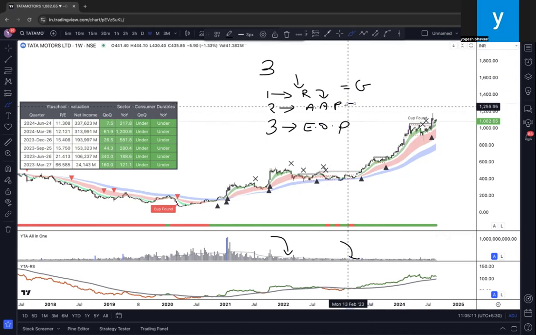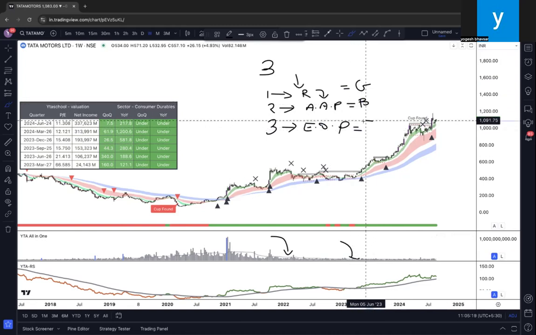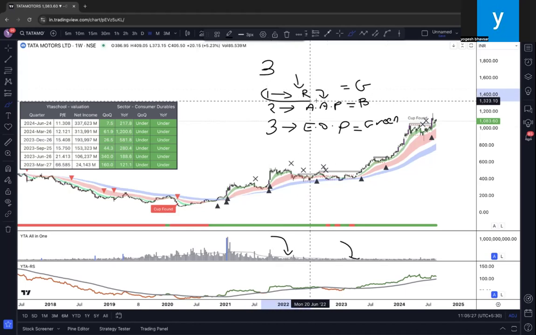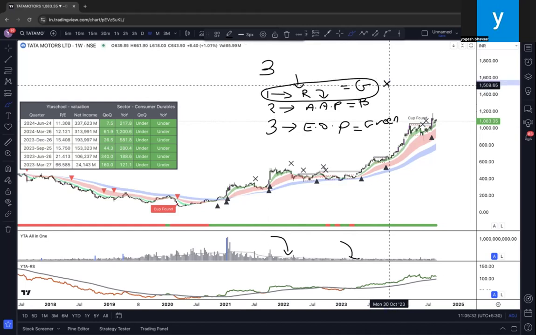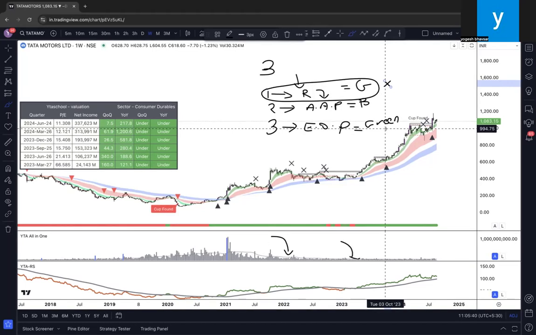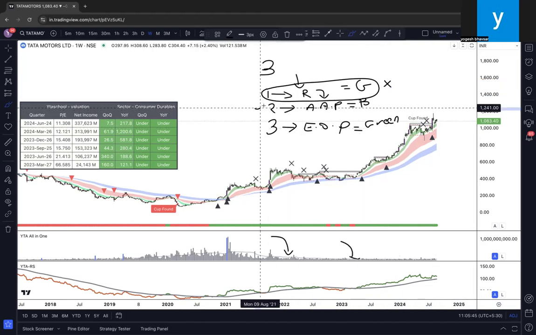The first participation color will be gray, gray volumes. The second, above average participation, is blue in color. And the third kind of participation is green in color. Whenever breakouts come with more of this gray participation, I am less bothered. Why? Because retail participation is high in this. Whenever retail participation increases, the bigger hands, category 2 and category 3, are using this liquidity to exit.